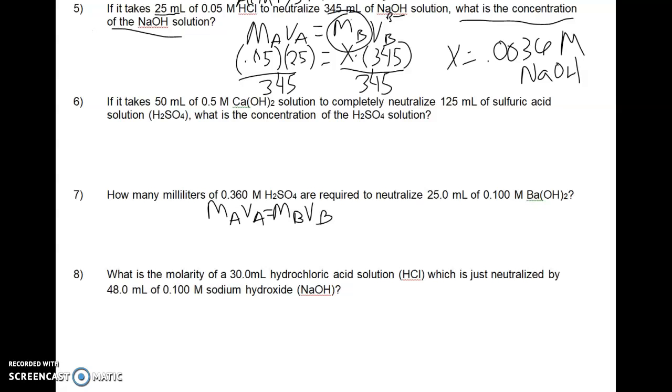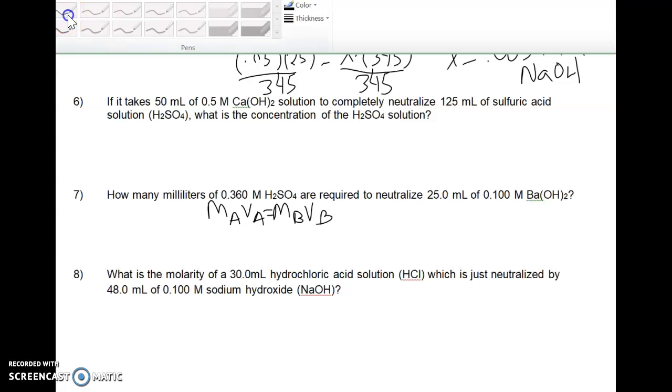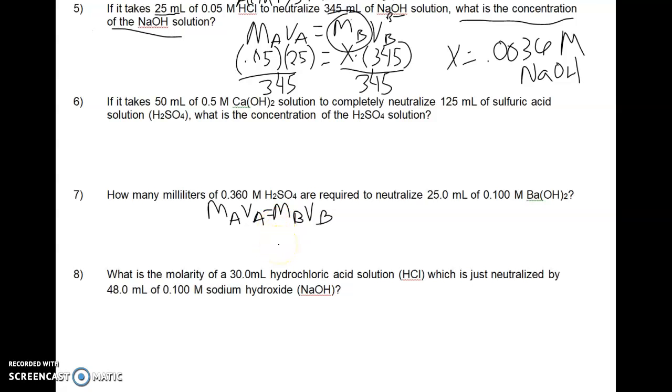So going back to our worksheet from the last video, we're going to try and do some problems. Now you'll see for number 7, it asks how many milliliters of 0.360 molar sulfuric acid are required to neutralize 25 milliliters of barium hydroxide. So we know that this is the acid because it has the H's right in front, and we know that this is not monoprotic. It is diprotic because